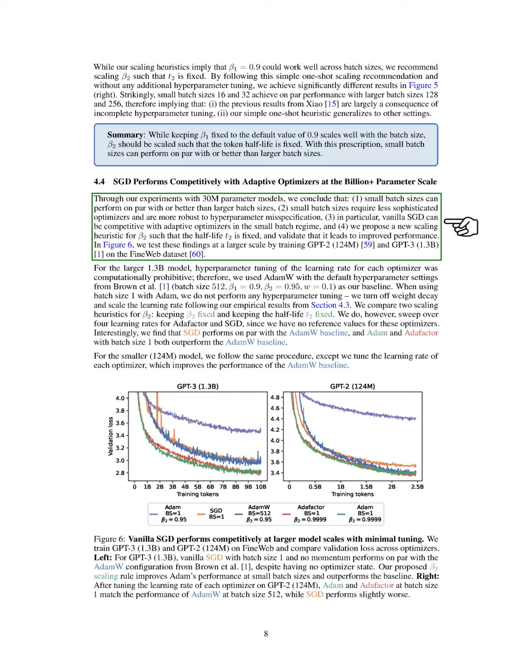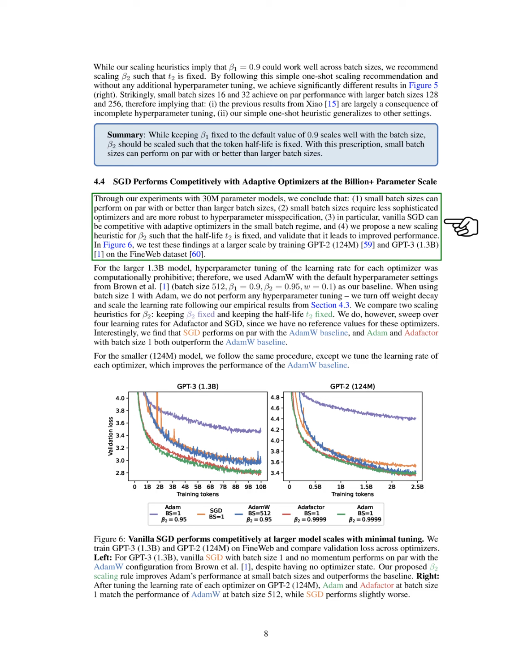Smaller batch sizes can perform just as well, or even better, than larger ones. 2. Smaller batch sizes need simpler optimizers and are less sensitive to incorrect hyperparameters. 3. Specifically, basic SGD can hold its own against adaptive optimizers when using small batch sizes. And 4. We introduce a new method for adjusting a specific parameter to maintain a consistent half-life, which we find improves performance. To test these insights on a larger scale, we trained GPT-2, 124 million parameters, and GPT-3, 1.3 billion